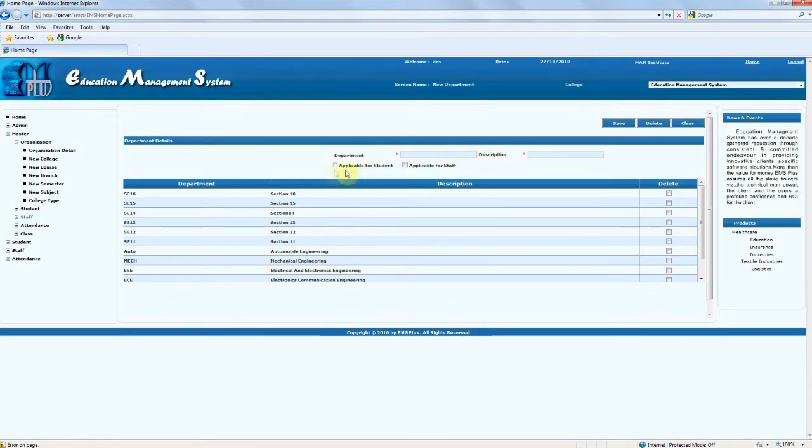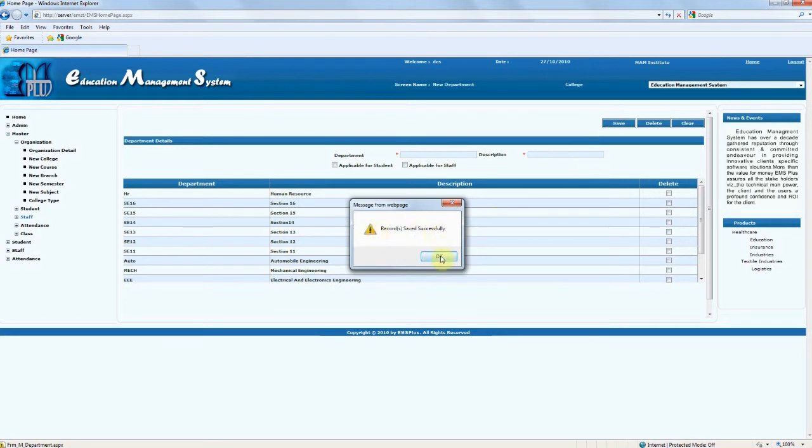There are two checkboxes, one for the student and one for the staff. You can create a department individually for staff, student and both. For example, Mechanical Engineering department is common for student and the staff, and hence check on both while creating a department of this type, whereas Accounts, HR and so on are only applicable for staff. Hence check staff, then click on Save button to complete the transaction.